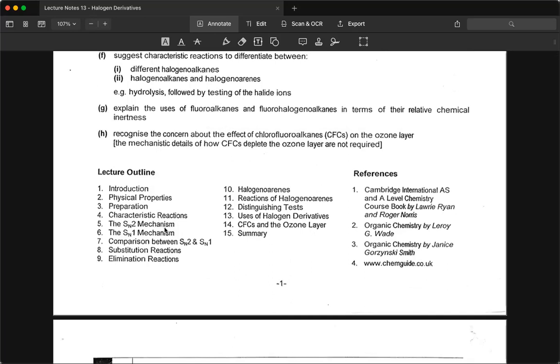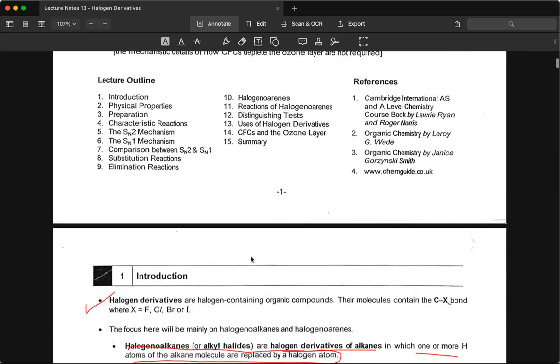This is the lecture outline. It is a very long lesson, and here are the references. Now,